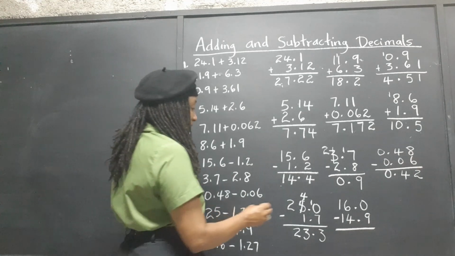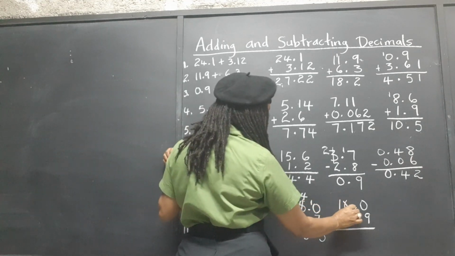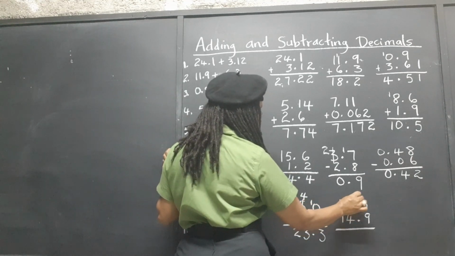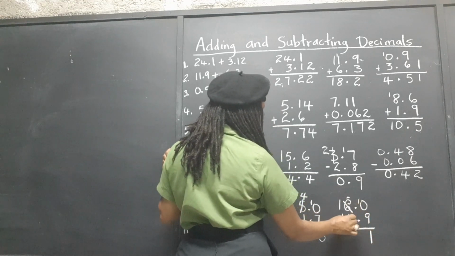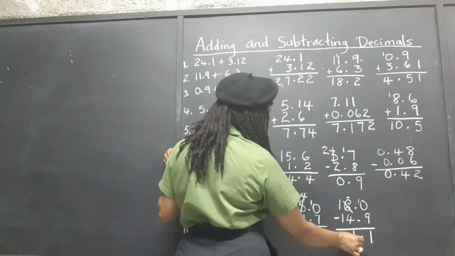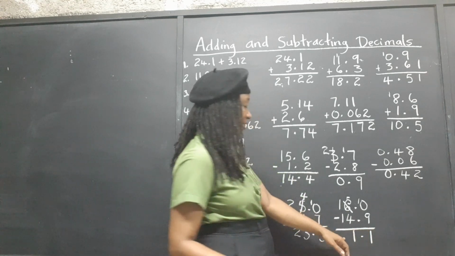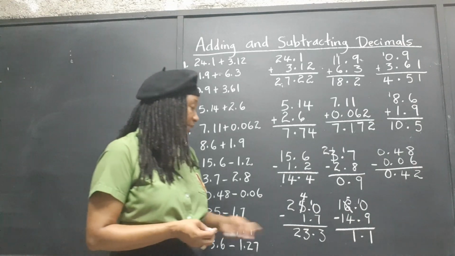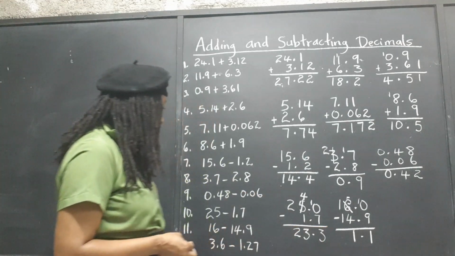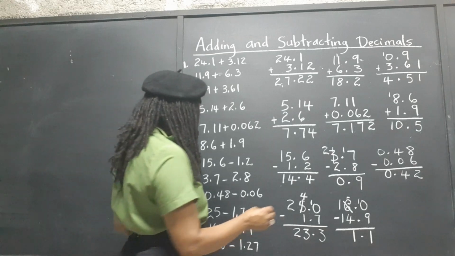So we have, take 1 out of the 6, that leaves 5. 10 take away 9 is 1. 5 take away 4 is 1. And we don't have to put the 0 out here. You can if you want, but you don't have to. And finally we have 3.6